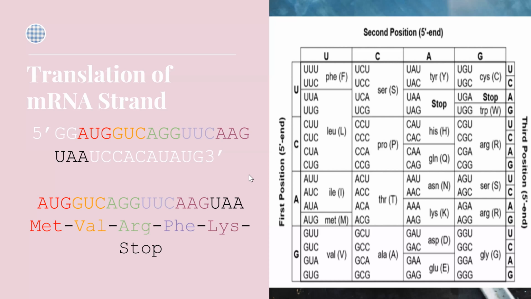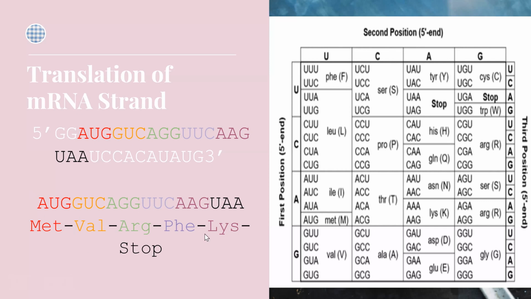Then we had to translate our mRNA sequence. We wanted to look at the spot that had the first AUG because that's our start codon. From there, we looked at all the base pairs in 3s to create a codon. Every codon is used to create an amino acid, which can be found on this table. When we look at the codons that are color-coded, we see that we create MET, VAL,